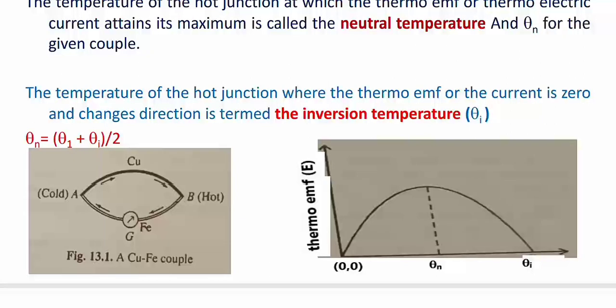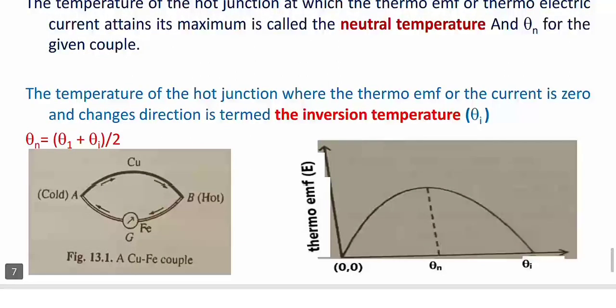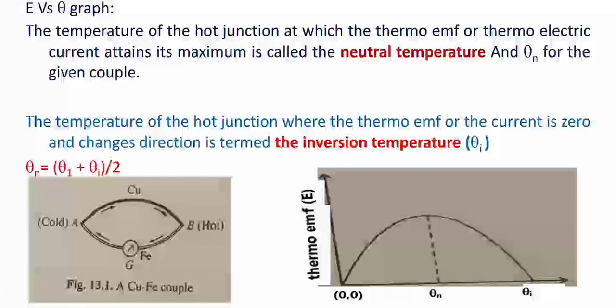Okay, you must remember. And theta i, the inversion temperature, divided by 2, gives you the neutral point. Okay, so theta 0 is the cold point temperature. Thermo... this is the hot point. Sorry, theta 0 is the temperature of the hot point initially, and then you raise